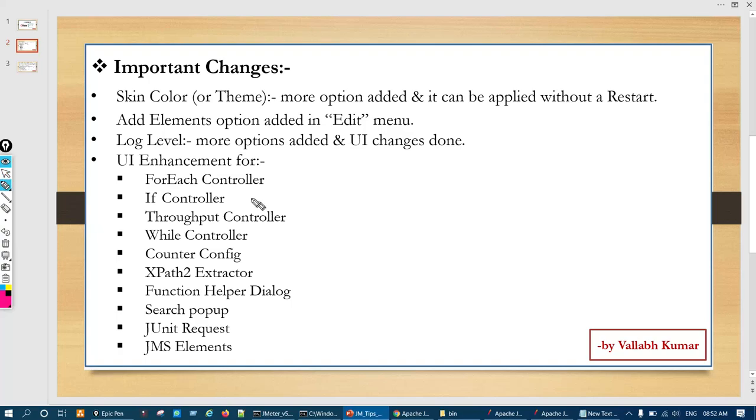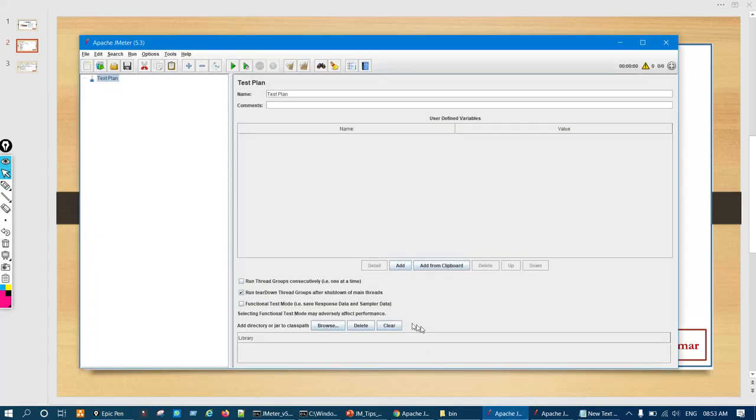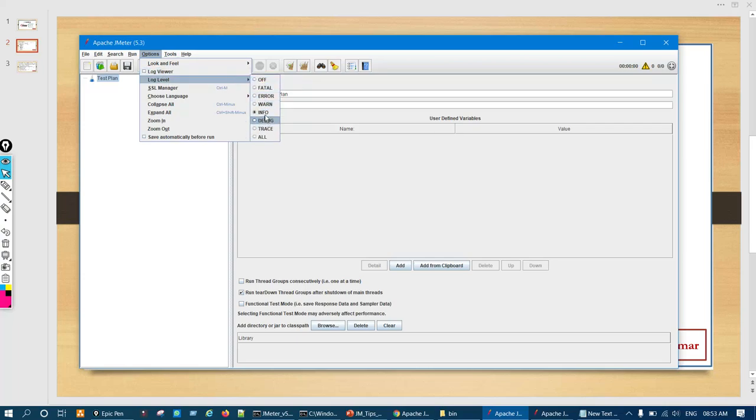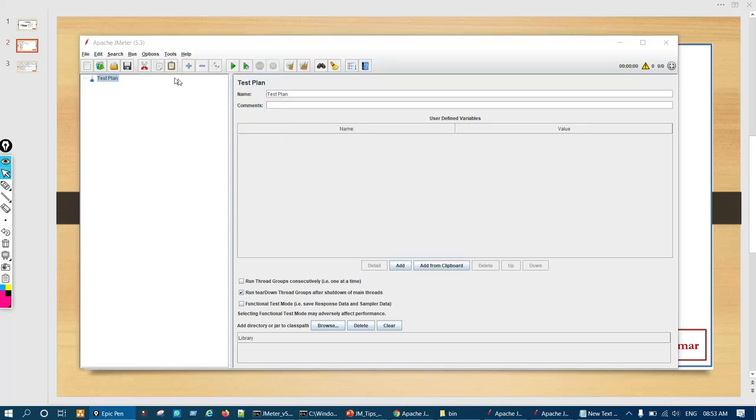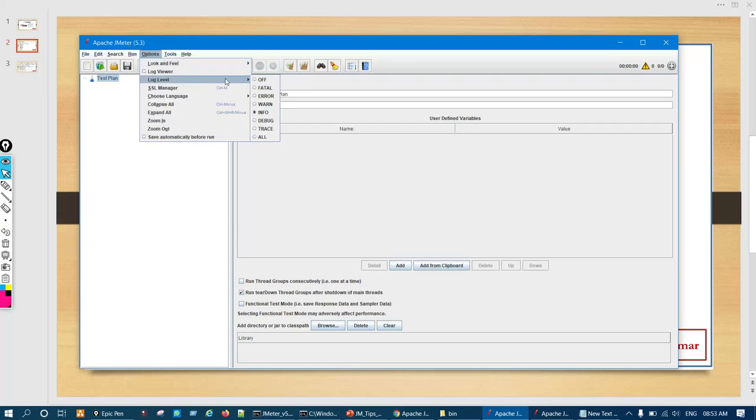Then log level. More options have been added and a UI change has been done. This is 5.3. In Options we have Log Viewer and Log Level. You can see some extra options have been added, and the default is always Info. We can see the radio buttons have come up.